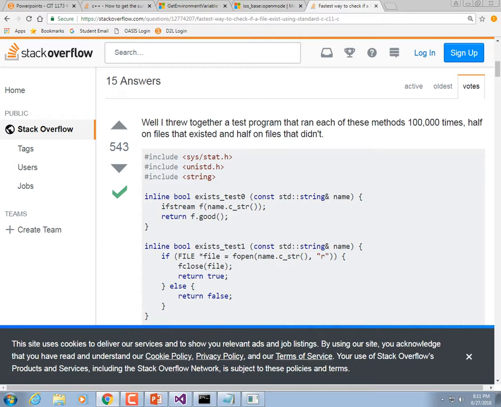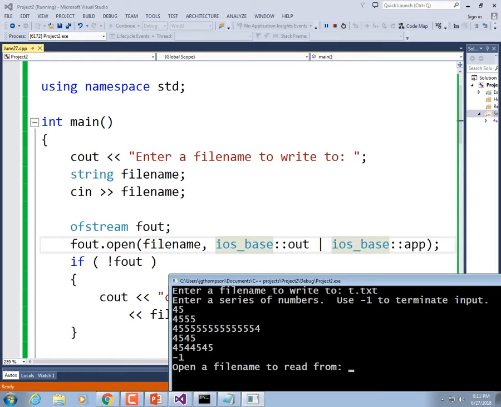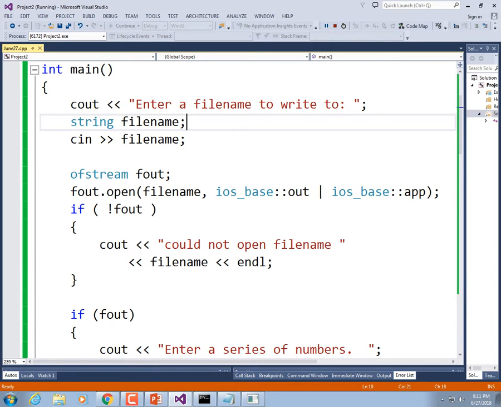You try to open it as an input file, and if it exists, then you know that it does exist. I guess that makes sense. We're almost making the code too complex at this point. But what we could do,